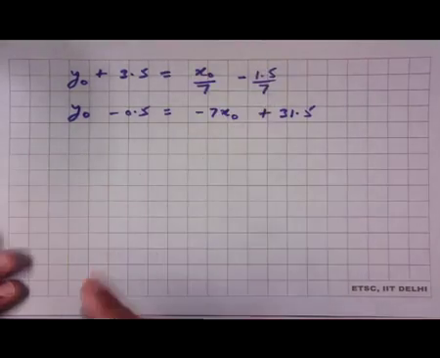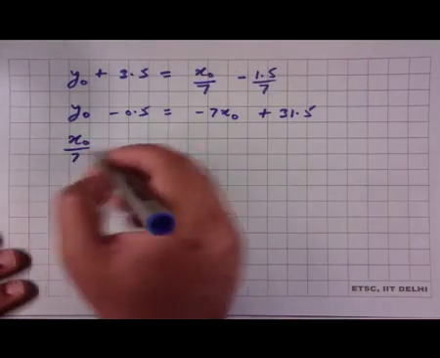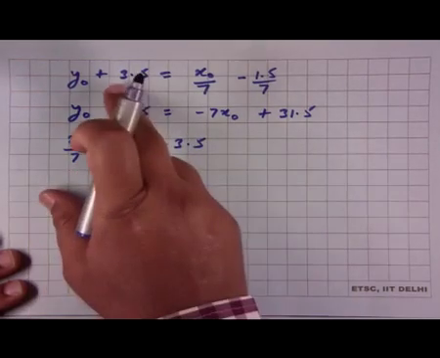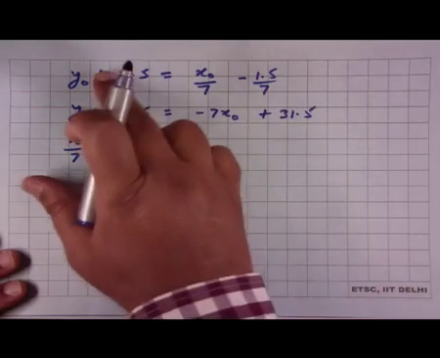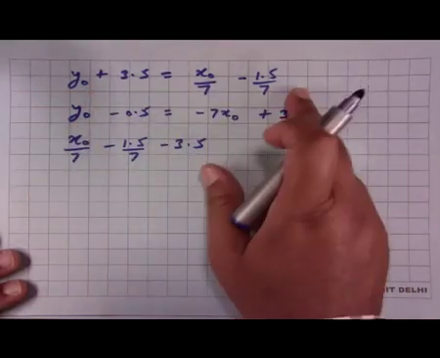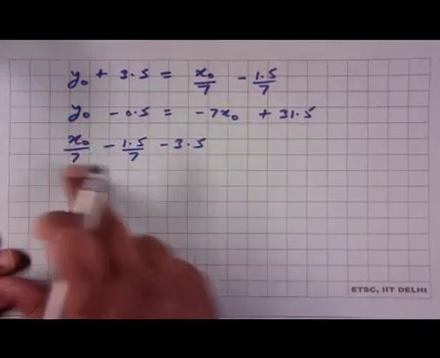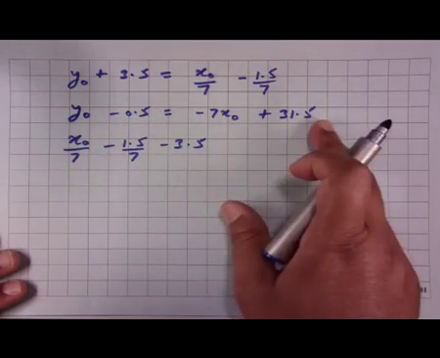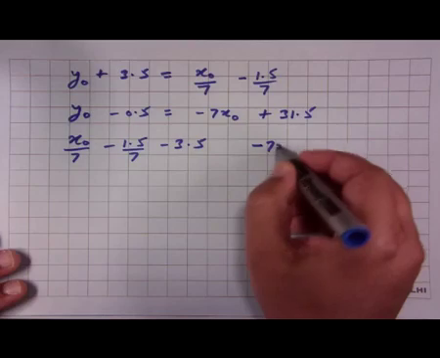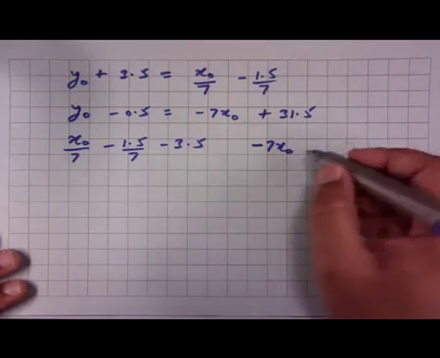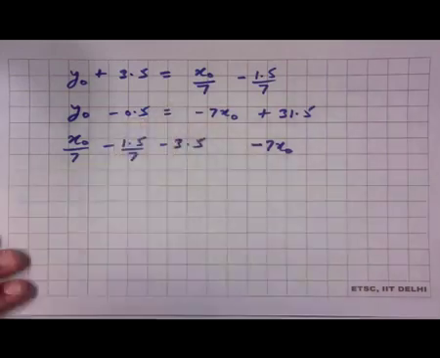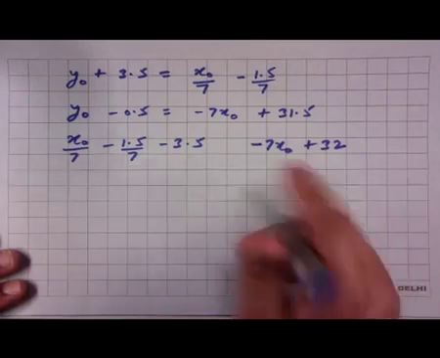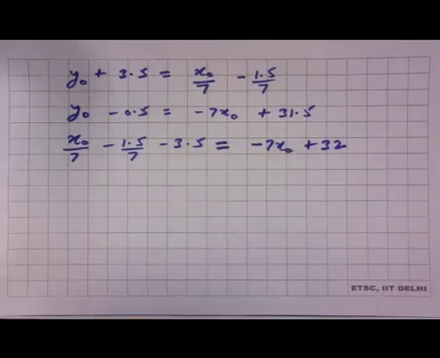And then from these two, what we see is that x naught by 7. So, I take this 3.5 on this side, I just have y naught here in this equation. So, y naught is basically equal to this. Similarly, from the second equation, if I take 0.5 to this side, I have y naught equal to minus 7x naught plus 31.5 plus 0.5, which is 32. So, both these are y naught and therefore, they have to be equal,